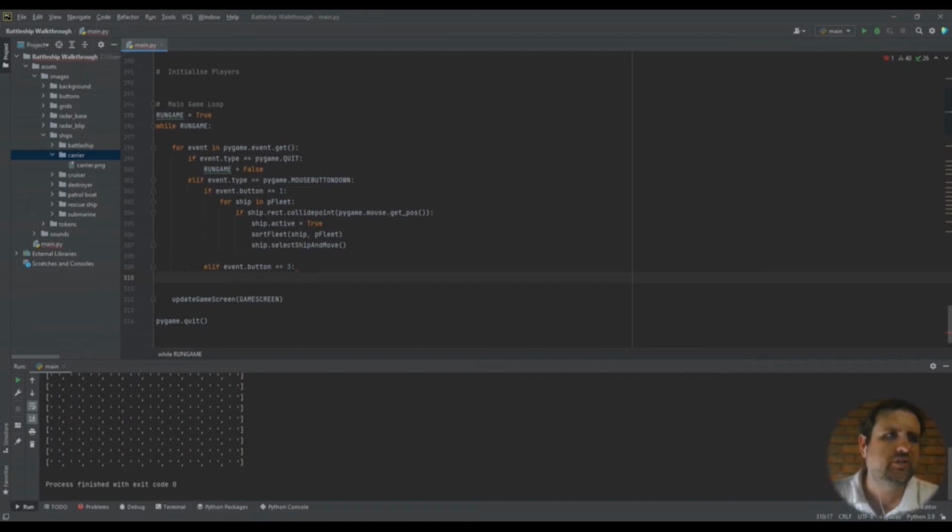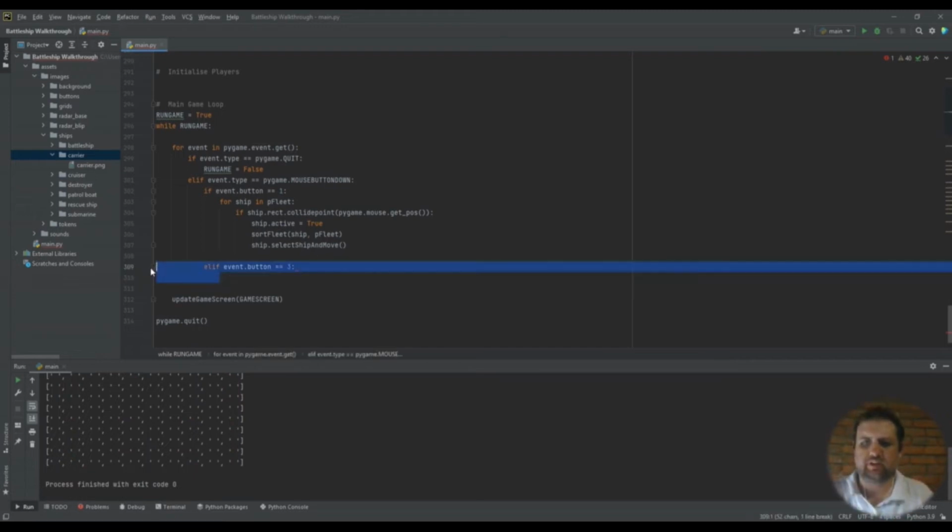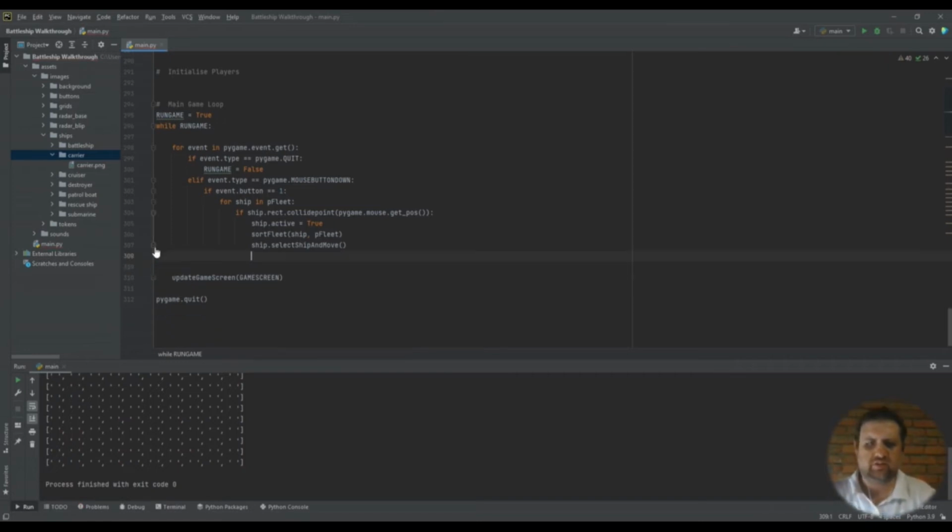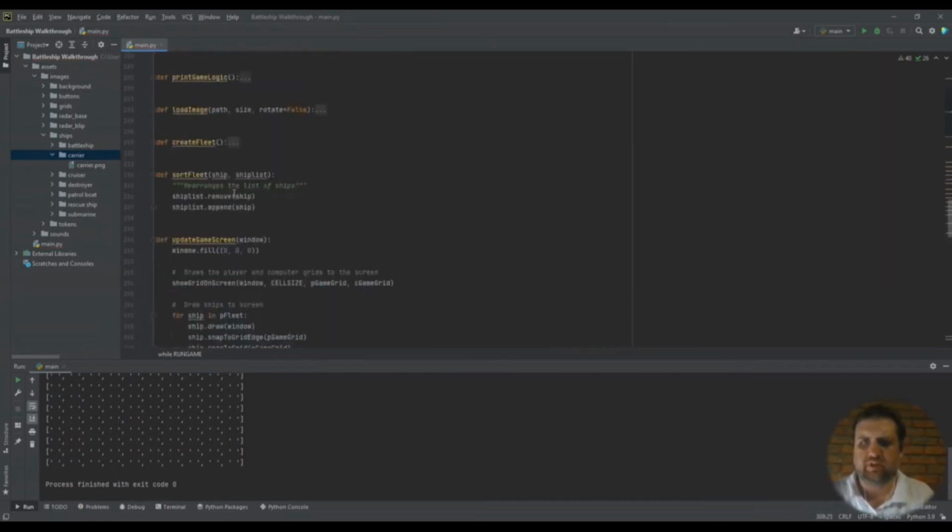Do we want to rotate the ships when they're not being selected? While it's not selected? I don't know about that. Let's not do that. Let's go up to our ship object,